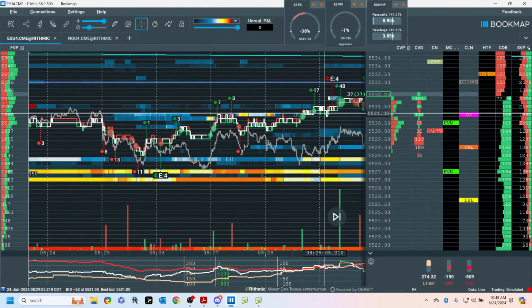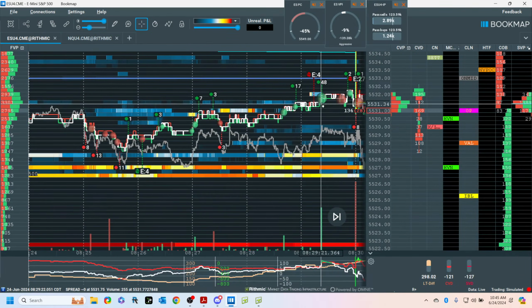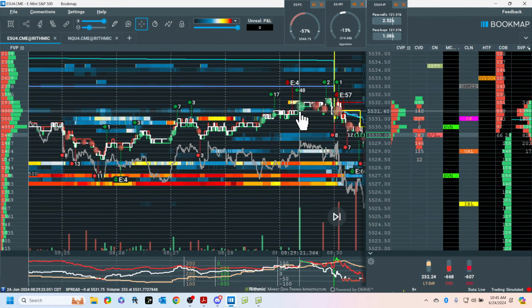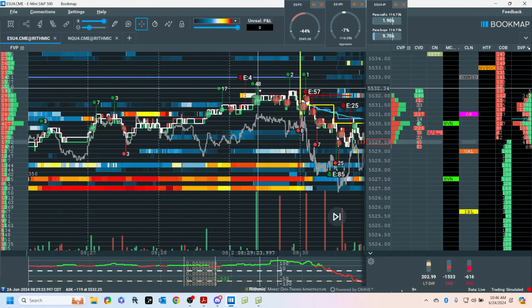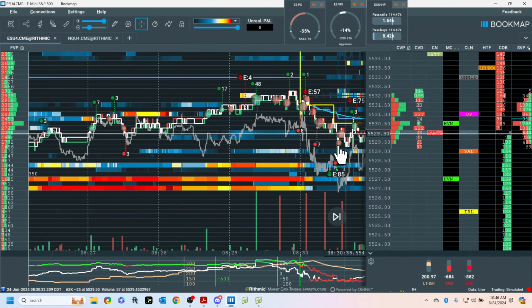Now, what we know is in the ETH, we are in balance. That means we're rotational. We're trading two sides. So if we suspect that we want to get long, we're going to be looking for longs. Of course, the joy in trading is where, right? And this, unfortunately, is our nemesis as traders because we're trying to locate outside edge.